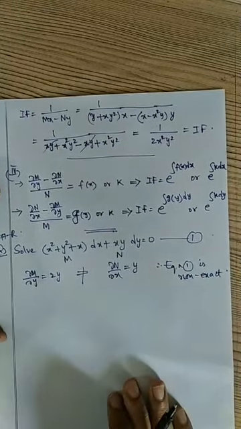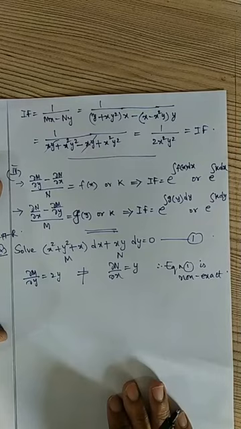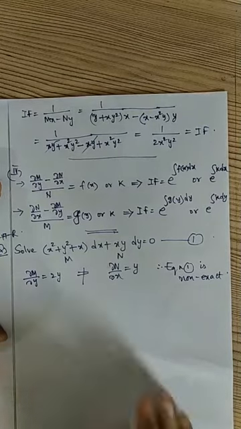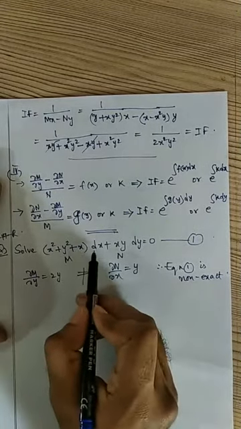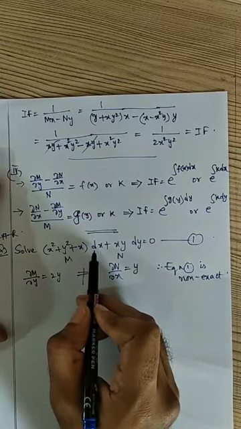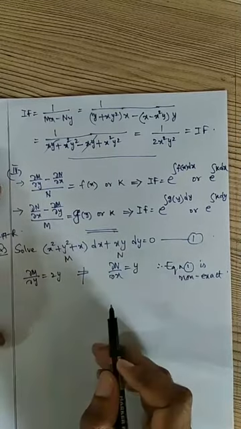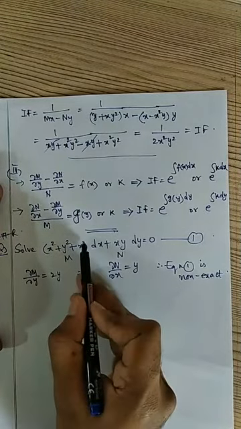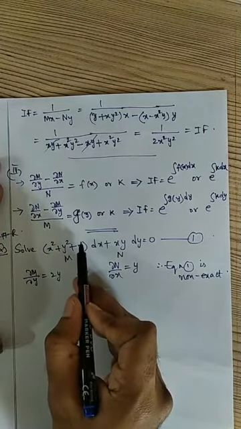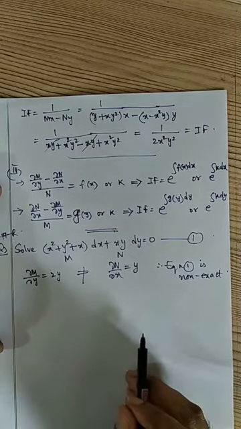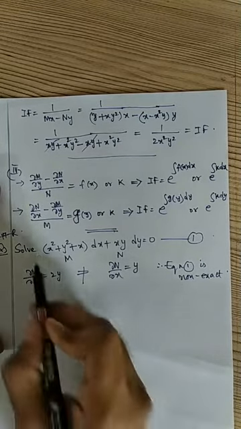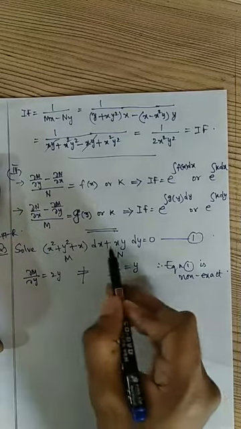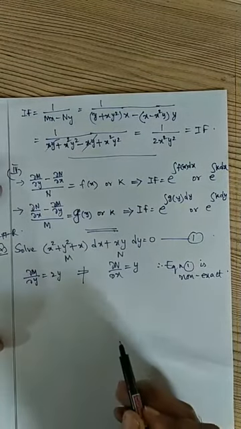Equation 1 is non-exact. Then try to apply the inspection method. Only x dx is there, y dy, that kind of terms are not there, so we cannot apply the inspection method. Then is it homogeneous? You observe here x power 2, y power 2, but x power 1. The total power of variables in each term is not the same. It is not homogeneous, and it is not even in the form of y into f of xy and x into g of xy. So we cannot apply the third method also.